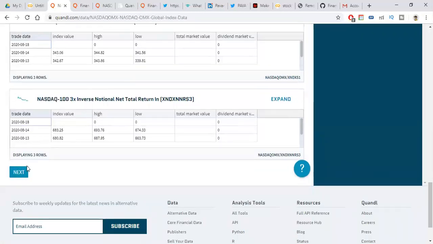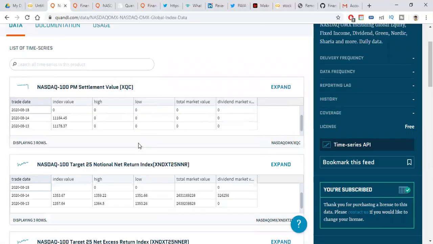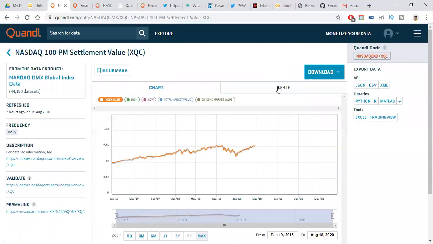If you want to know how many categories there are, you can go to next. First I will discuss how you can get the data. Whichever one you want, go to that one and click on expand. If you expand, another page will open, and that page will look like this.